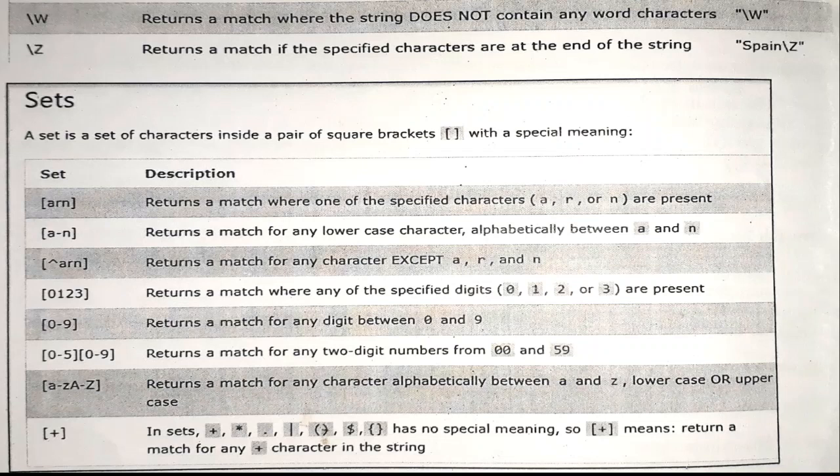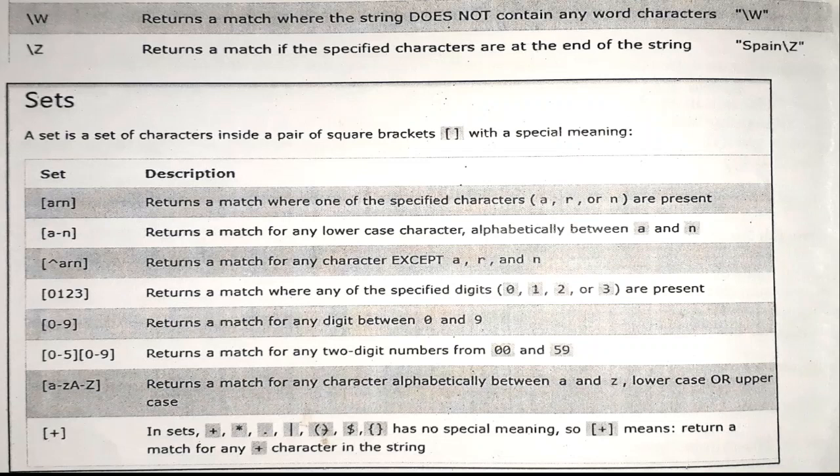Then the next one is, if you want the string to contain all the small letter characters and all the capital letter characters, then within a square bracket just provide a to z, that is small a to z and capital A to Z. And now the next one is, within a square bracket if we are providing the plus, like plus, asterisk, dot, or operator, group operator, dollar also, and curly brackets also, they have no special meaning actually. It will perform the functionality which we have seen in the meta characters. The same functions will be performed by all these characters or operators.